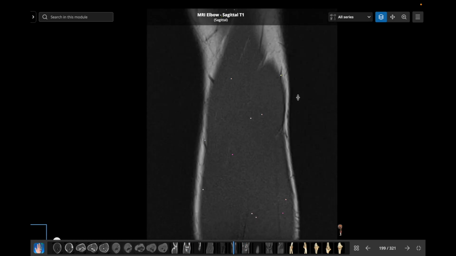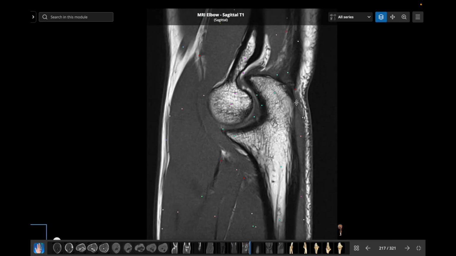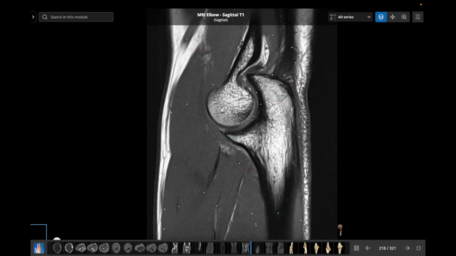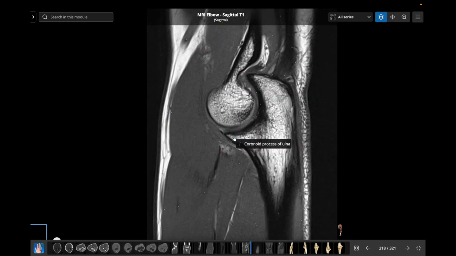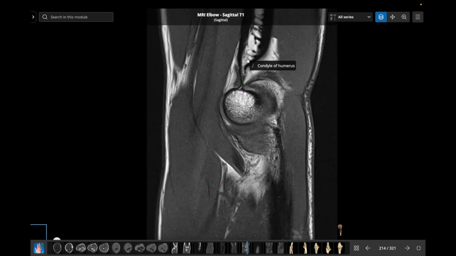If we now look at a sagittal view, we can see those fossae which I mentioned. This would be your olecranon fossa, this would be your coronoid fossa, this would be your coronoid process, and this would be your olecranon process. Remember, this is the trochlear notch of the ulna, and then this would be your trochlea of the humerus. Remember, on the sagittal